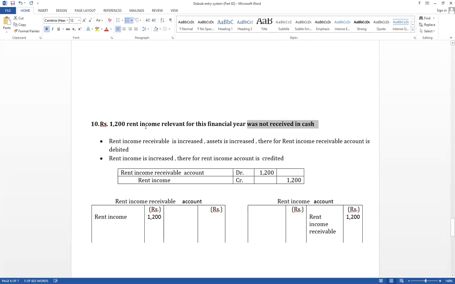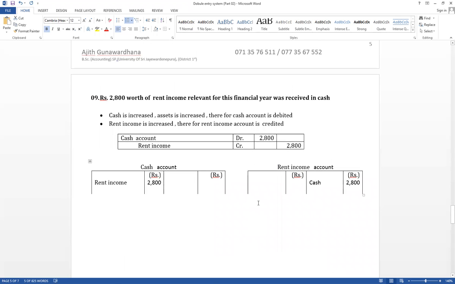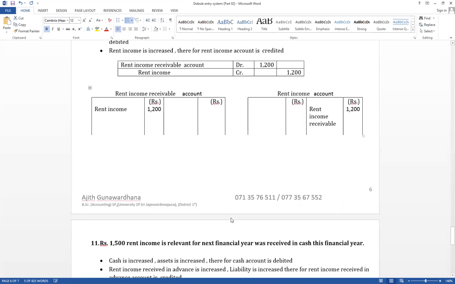Think about rent income and rent income receivable. Rent income increase. If income increase, it should be recorded on the credit side. Therefore, rent income receivable account debit. Rent income account credit. Rent income receivable debit side. Rent income account credit. If asset and expense increase, debit side. If asset and expense decrease, credit side. And liability, income, and capital, if those are increased, credit side. If liability, capital, income decrease, debit side. Think about rent income received and rent income receivable. And next one, very important,